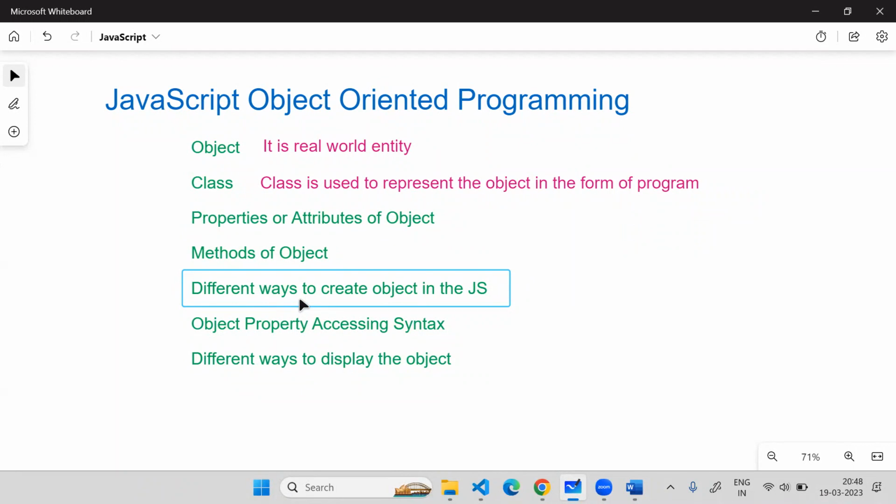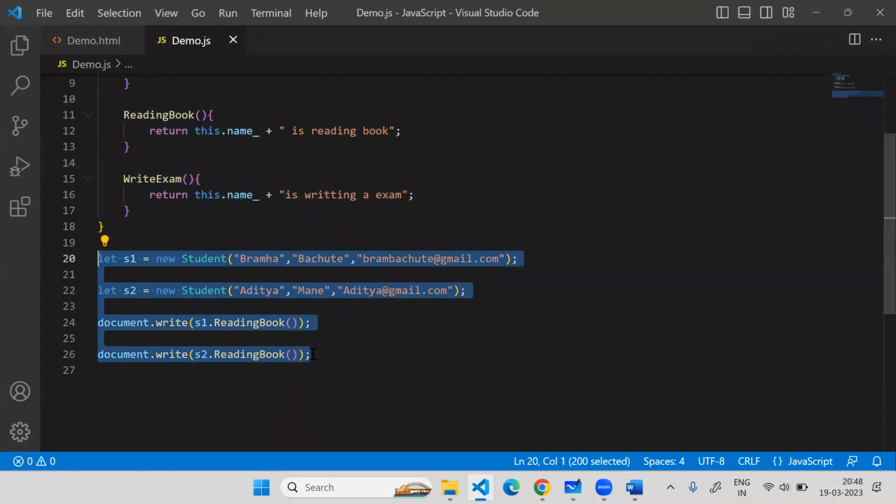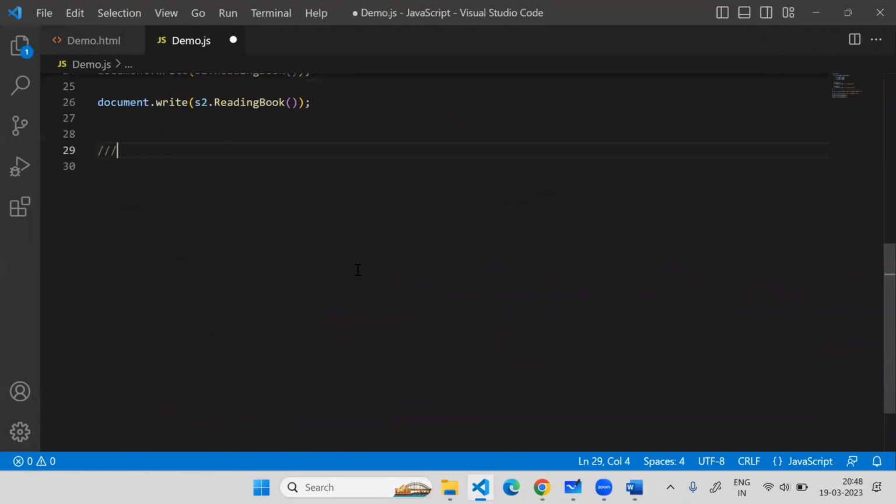A constructor is a special method which is called automatically when an object is created. Now I would like to talk about different ways to create an object. What are the different ways to create objects? Sometimes you do not need to write a class, or program in this way. The first way to create an object, I will write everything here so that it will be clear for you, is to create an object using